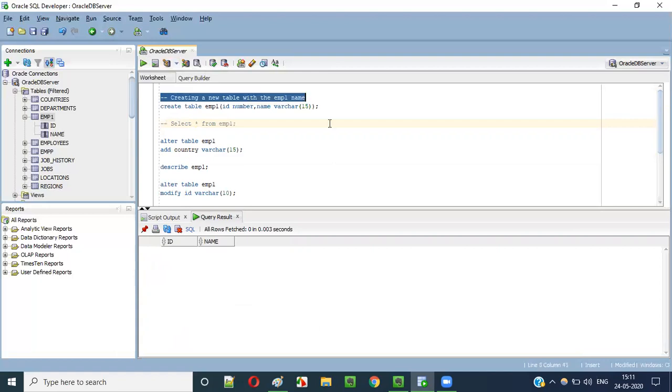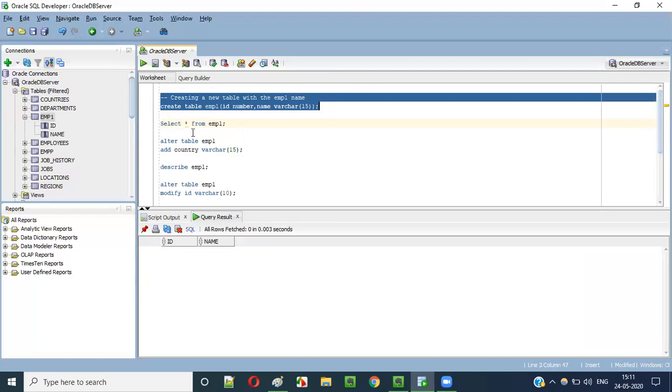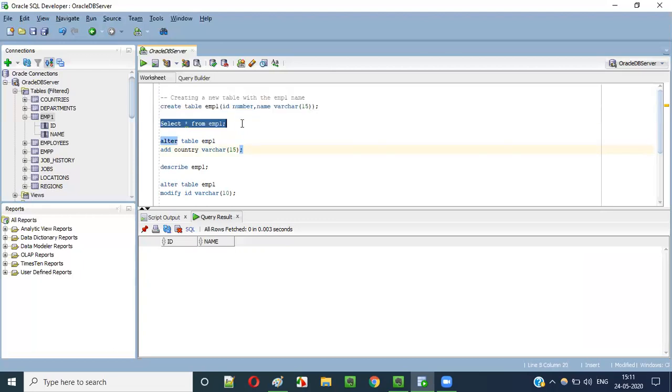And this is a single line comment. Why is it a single line comment? Single line comments in SQL start with a double hyphen, and the text stays on a single line. So now you understand the purpose: to explain the underlying statement, or, if you don't want a particular SQL statement to be executed, you can convert it into a comment. Or if you want to explain the underlying SQL statement, on top of it you can write this kind of single line comment.